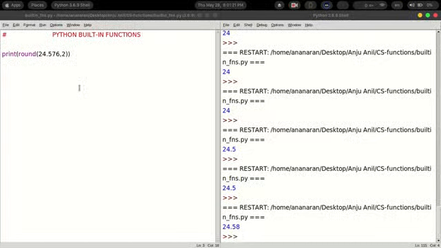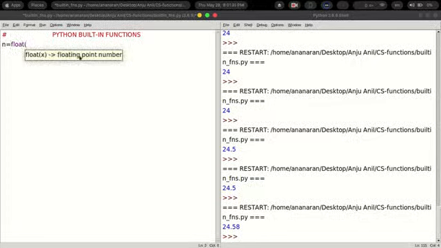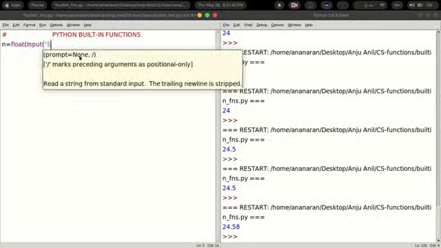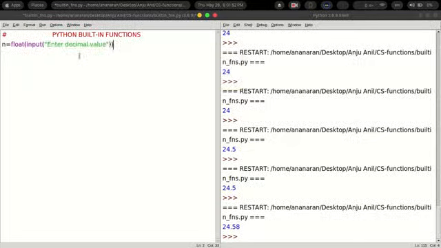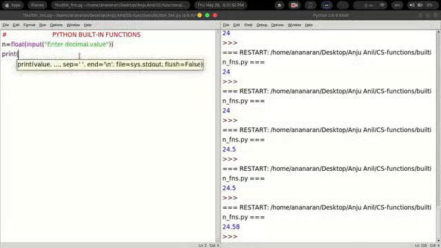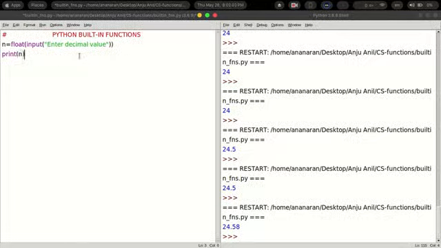That means, suppose I write in my program n equal to float input, enter decimal value, and I am giving this value of n as output.